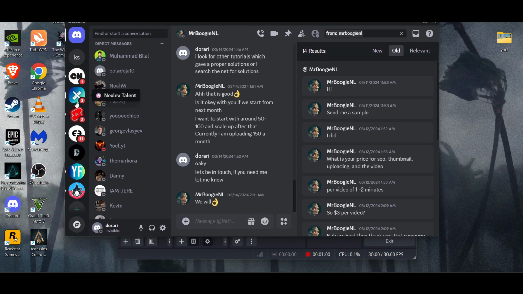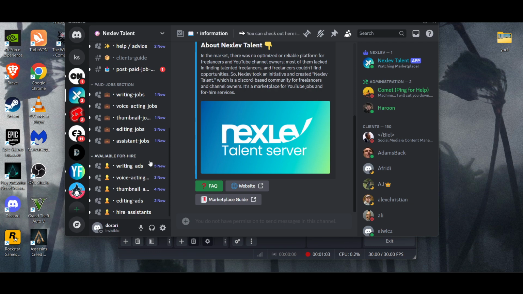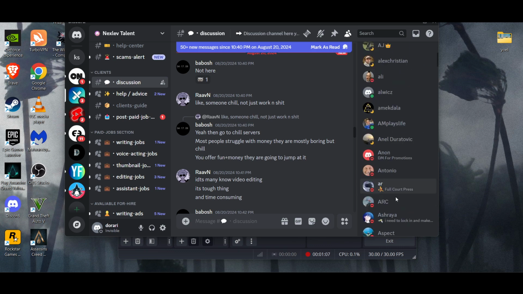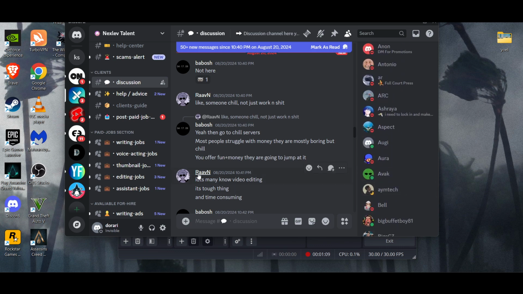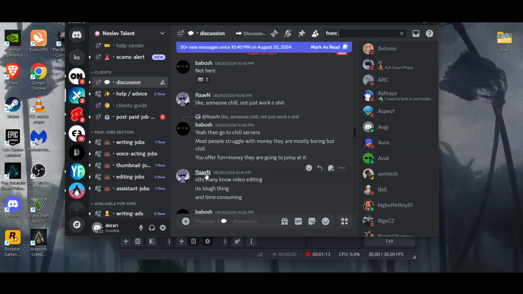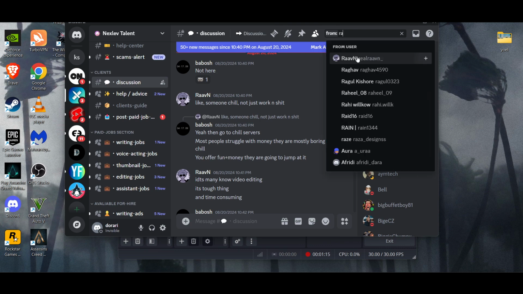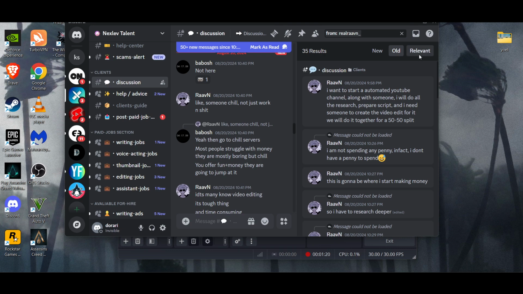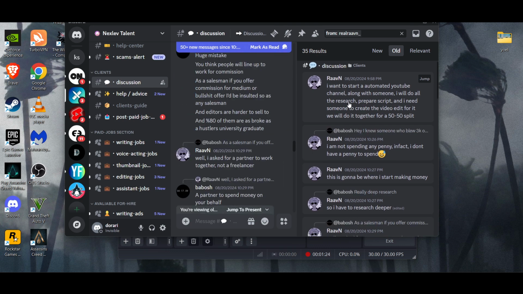Right, same goes for any of these servers. I will just go to the server here and I want to go to the discussion section, and I want to find a particularly old message by this person. So I will just go here, click from user, and write the username, right? So here, as you can see, it will just give me all the old as well as new and relevant messages, everything. Now I can just go to old here, click on it, and once I click on it,